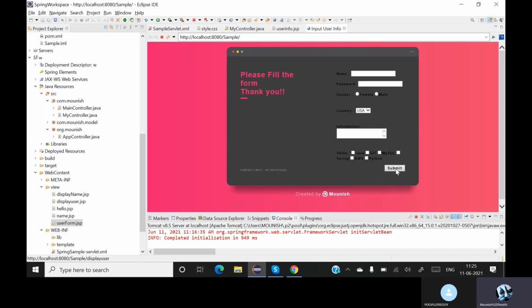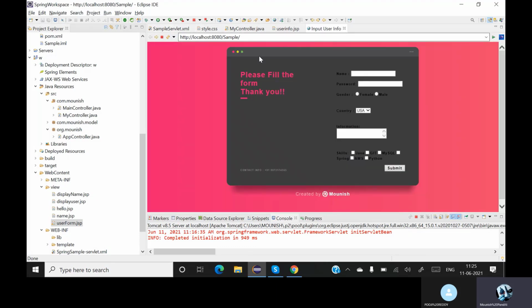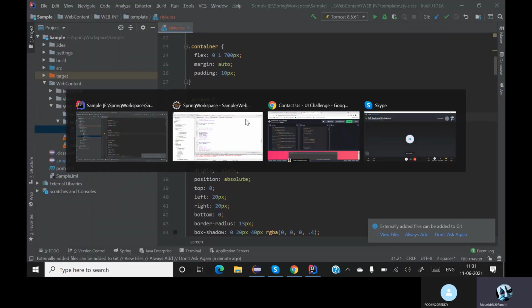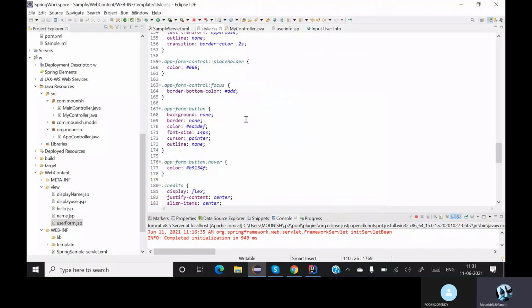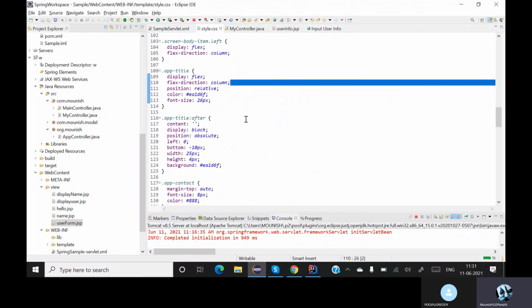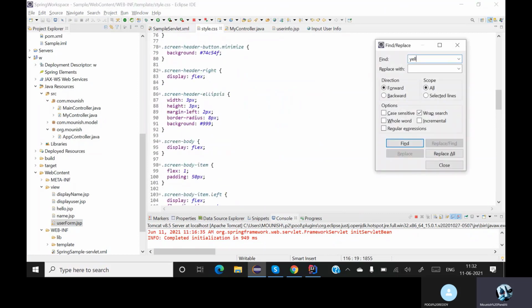Now we have a button where if you submit the details, you will go to the next page. That will be our normal page. Okay, so I need to change the background color. Let me save this. Let me go back over here, and this will automatically change over here. We don't need to do anything. The only thing we need to do is search for this yellow.